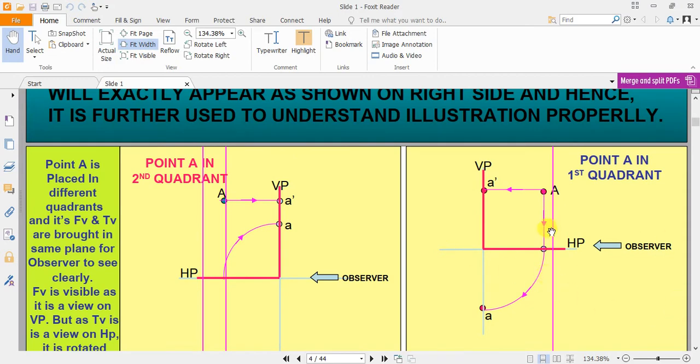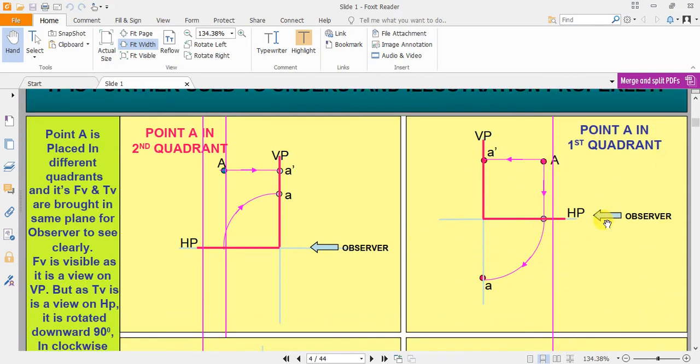Projection of the first quadrant. Look at this one. The observer is looking at point A. The front view is projected on the vertical plane. It is always notated by a letter in small case, so for point A, which is capital A, we get A dash. The front view would be A dash. Similarly, the top view would be just A. You might be asking a question: why is the point here, sir, why not here?